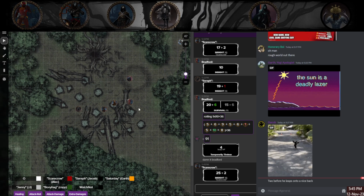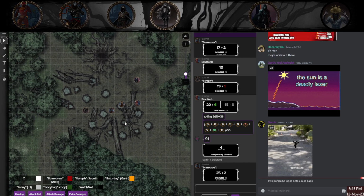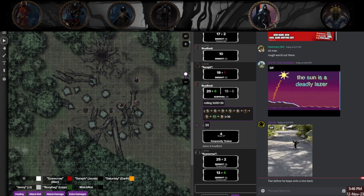Can I give him advantage on the insight by just looking at stuff too? Sure. Yeah, roll one more time. Do I see anything in the crater? Okay. So roll an investigation. You could use wisdom for the crater. As for the prints, they look to be